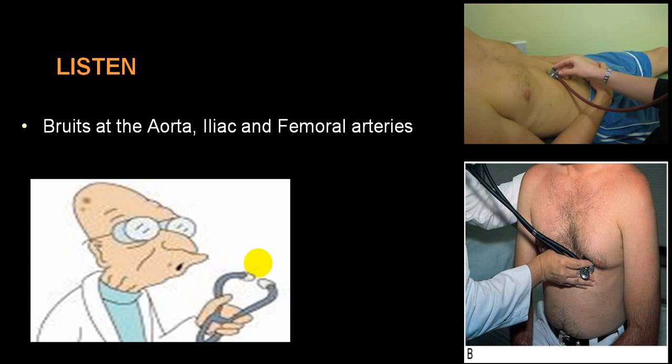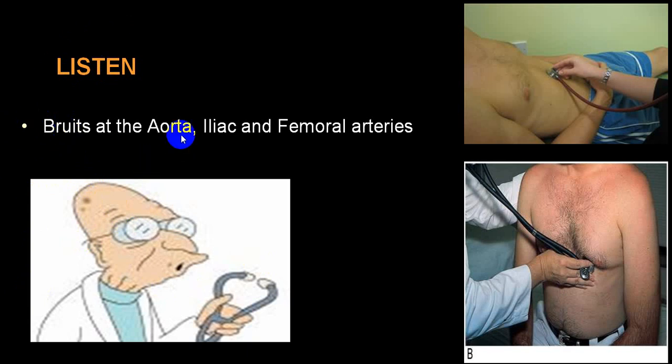While palpating at that particular site distal to occlusion, you will feel some sound which will be palpable. We call it palpable bruit. And when you listen to that sound with your stethoscope, we call it audible bruit.